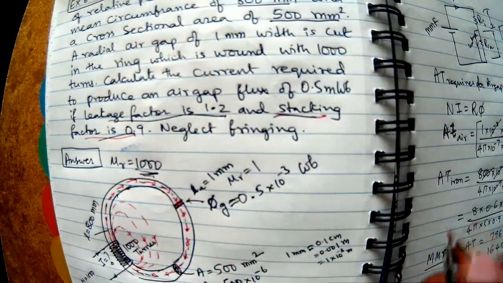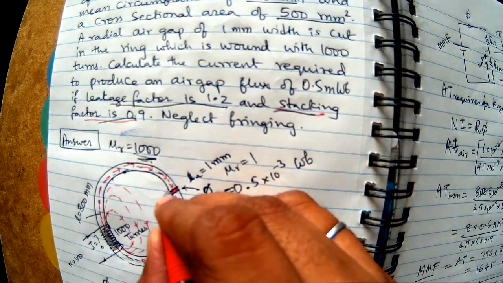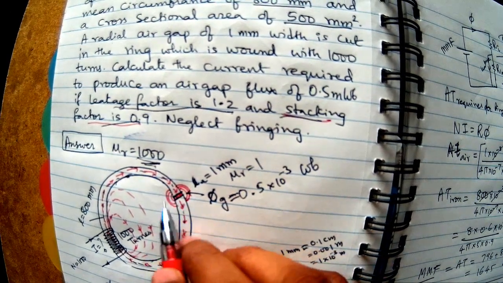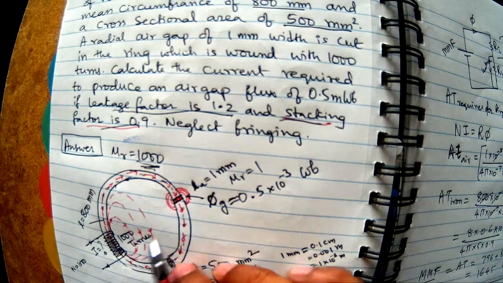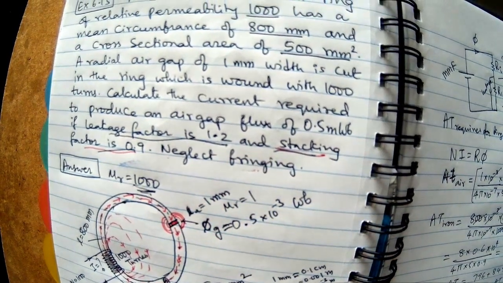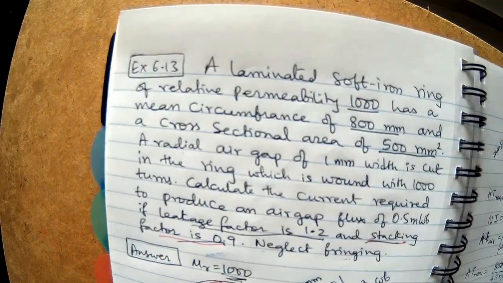And then fringing. So this fringing is nothing but sometimes the flux will travel like this. Locally the flux exits the iron core and then meets like this. That effect is called fringing, but anyway it was neglected. So with this I think we completed one problem. We'll see more problems like this.